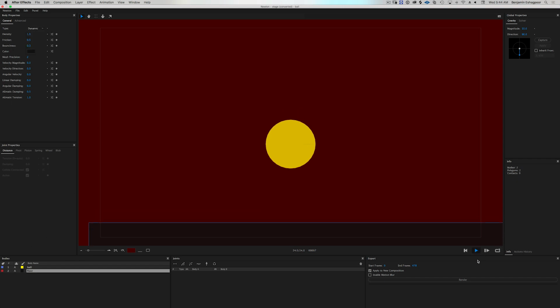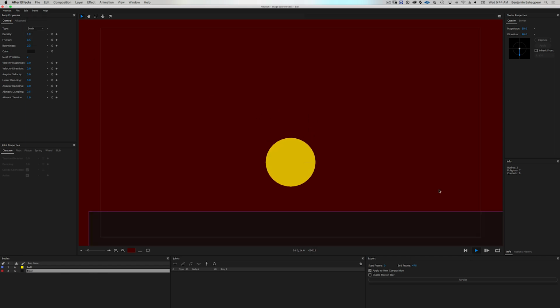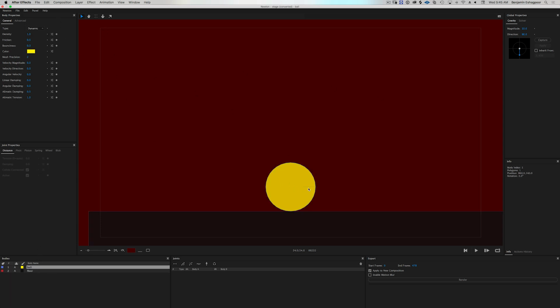If we hit play right here, both of them fall. Okay, so we don't want the floor to fall. The way that we make that happen is we change the floor to static, and then, great, now the floor is not falling. Now that the physics simulation is running, we have our ball, and that is dynamic. So let's take the ball, and we're going to move it out of